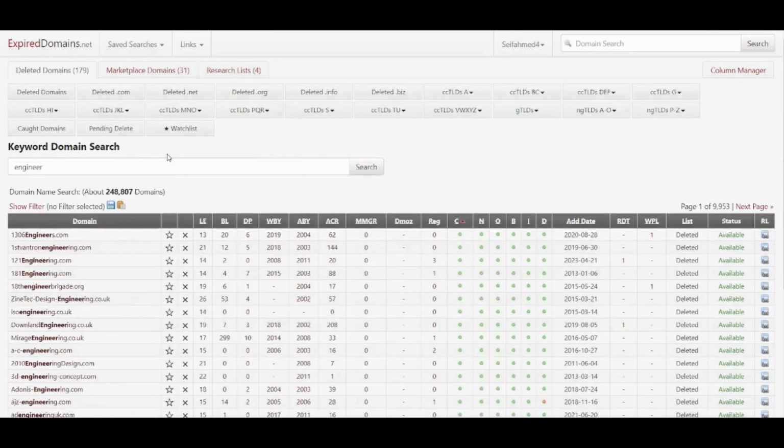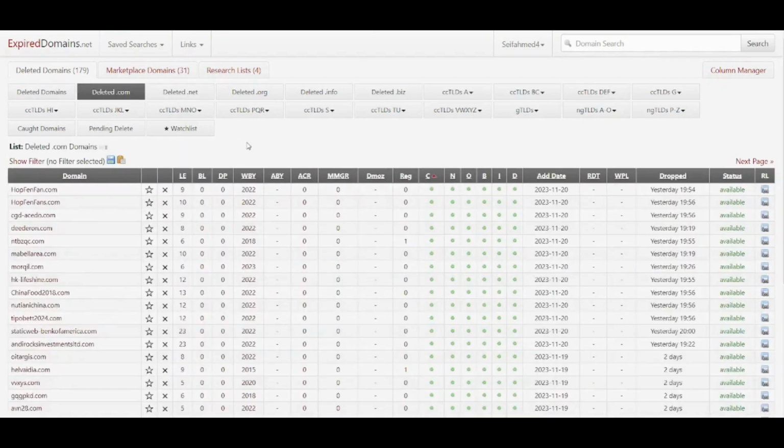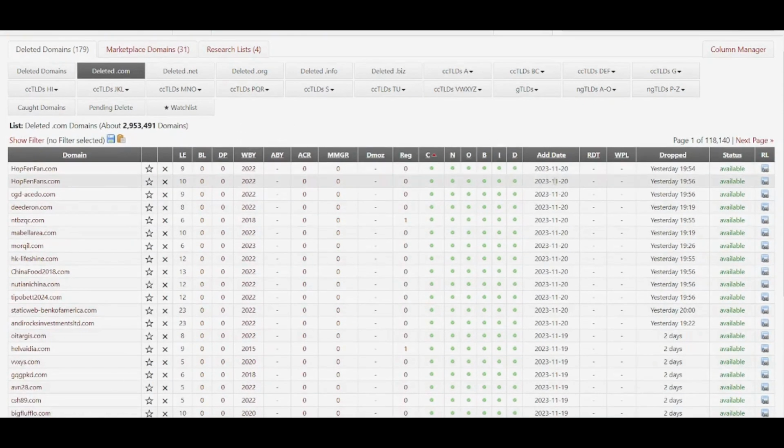However, if you are not interested in a specific word that you want to search for, you can also access these filters above, and you can find related domains. For example, if you are searching for deleted .com, you can press on this, and it will show you all the domains from the most recent to the oldest. So here, this is the most recent domain that has been deleted or dropped. It's called